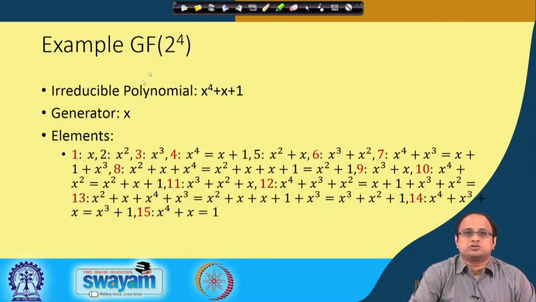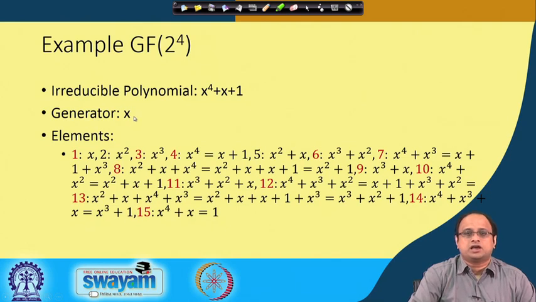In particular, I shall be constructing the field GF(2^4), which is an extension of GF(2). The irreducible polynomial that I use for this purpose is x^4 + x + 1. Note that there can be more than one irreducible polynomial, and I just choose one of them. I choose an element called a generator, x, which you can think of as an element in the field that, if you raise it to its powers, can generate all the non-zero elements in the field. Note that you cannot generate 0 out of this; you can generate all the non-zero elements from x.